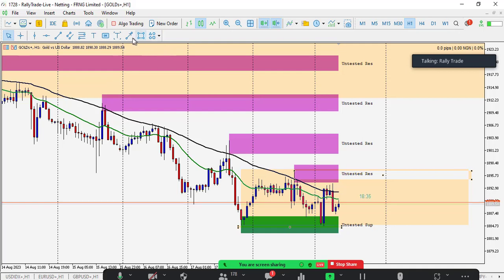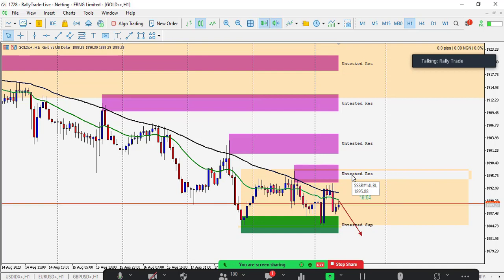So that means this market may just be targeting this low. You can take this one to the bank. The market may just be targeting this low. That's why my bias for gold is still for it to trade toward the downside. I wouldn't want to buy. Buying is off the table for what I want to do for now. I would like to sell at this high here. So I'm not doing any instant execution now.